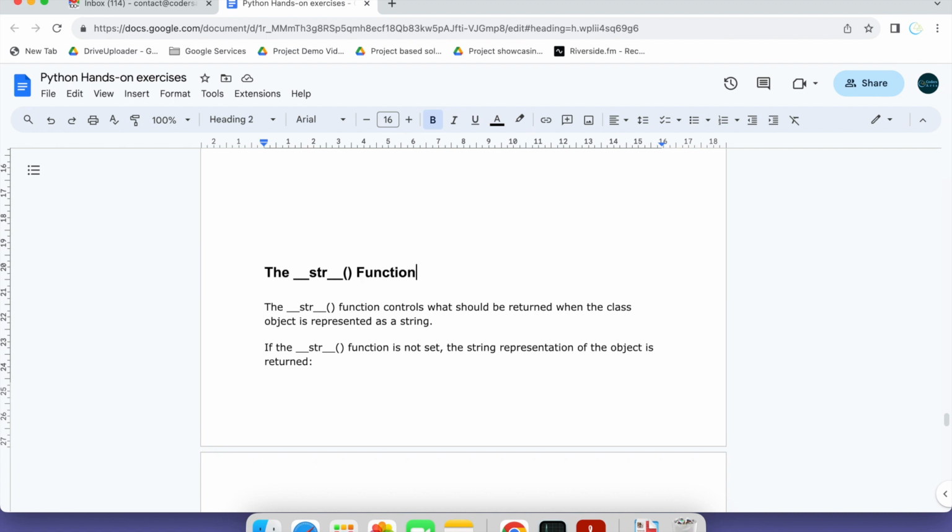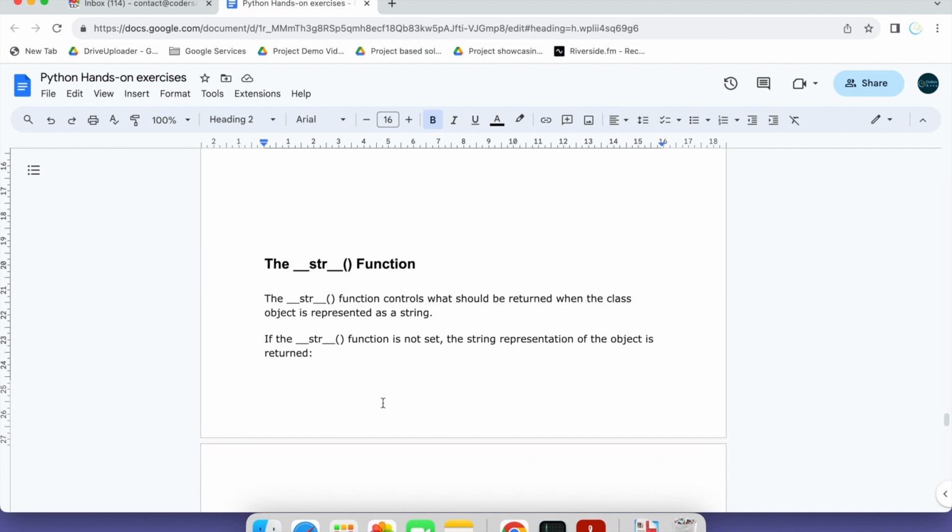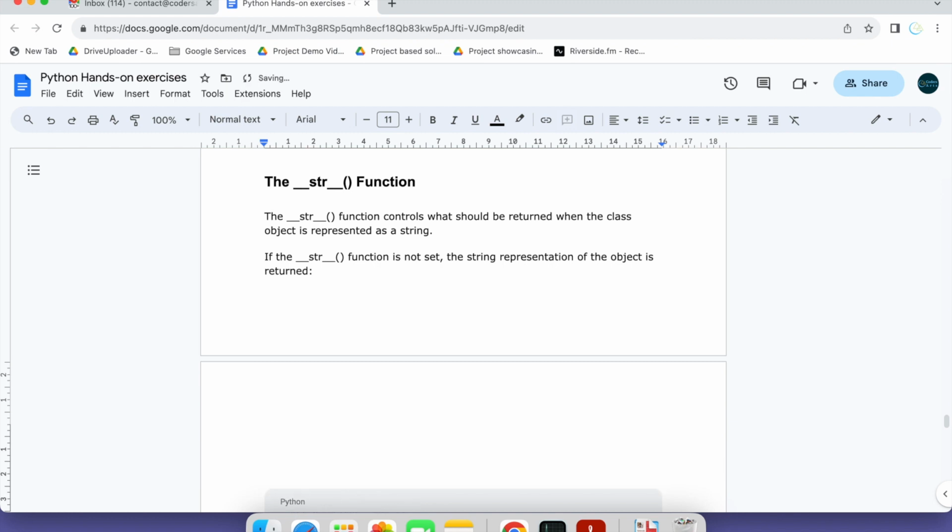Okay, so str is a very important function, and this method is just like init. It has two underscores, then str, then two underscores again, followed by parentheses. This type of function is called a special method, sometimes called a magic method, because methods with two underscores are created and built for some special purpose. So the main purpose of this is